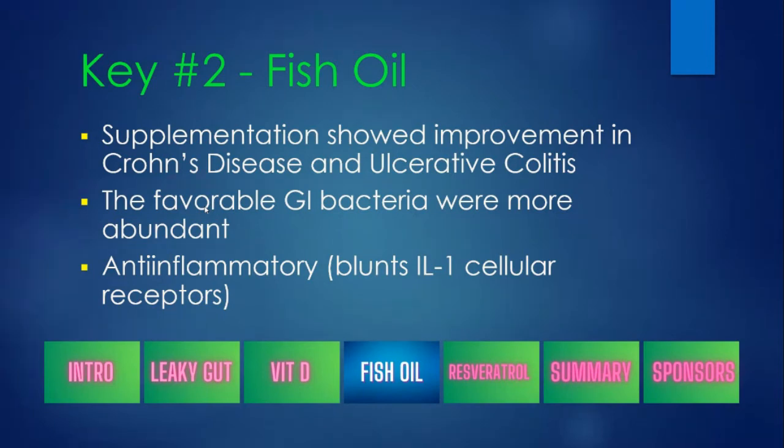So this was really pretty amazing stuff. Again, fish oil is pleiotropic. It has many, many different physiological effects. This is just one we're focusing on: GI inflammation and improving the GI tract bacteria. The favorable gut bacteria were also more abundant in this study. So not only did it have these anti-inflammatory effects, it seemed to improve the beneficial GI tract bacteria that we'd like to see more of. It increased them. So it actually kind of fed the GI tract bacteria too.